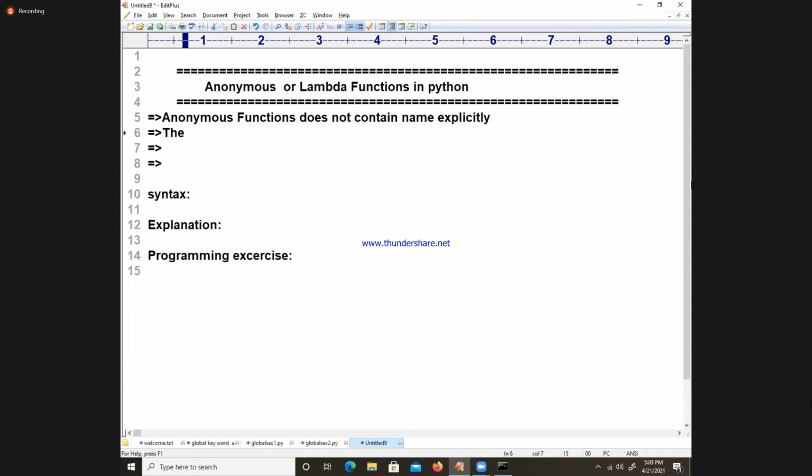Compulsory question. This requires a lot of importance, because to make you understand this, I require a lot of time also. If you are not there in that context, to bring you to that context, I have to spend a lot of time. The purpose of anonymous functions is that, let me make you wait.